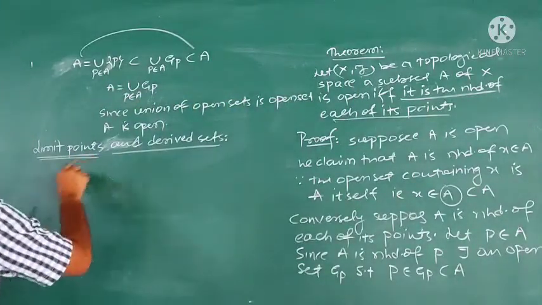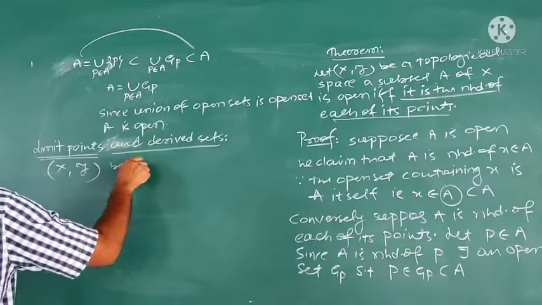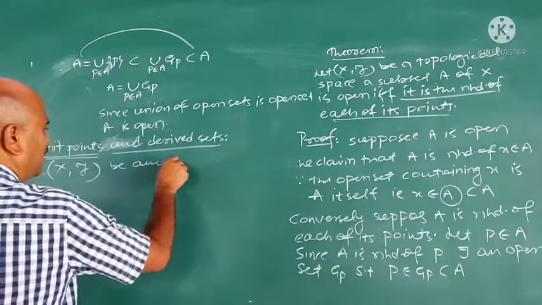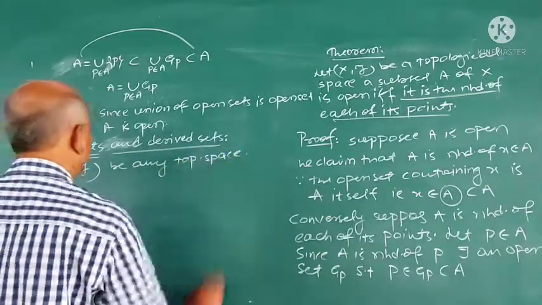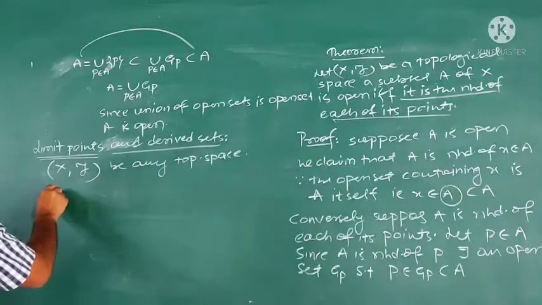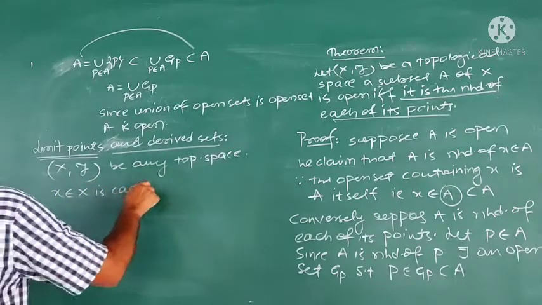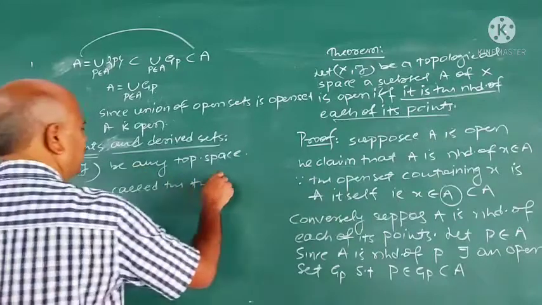See, the definition is like this. Suppose X to be any topological space, and a point X belongs to X is called the limit point